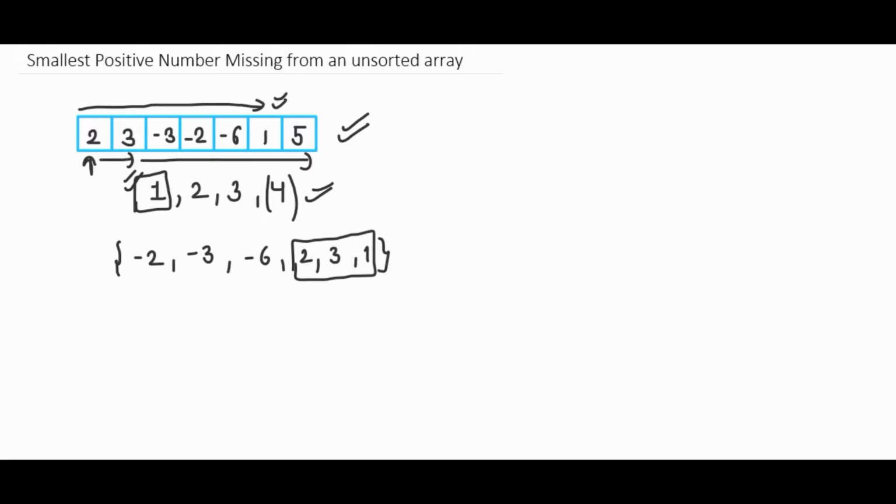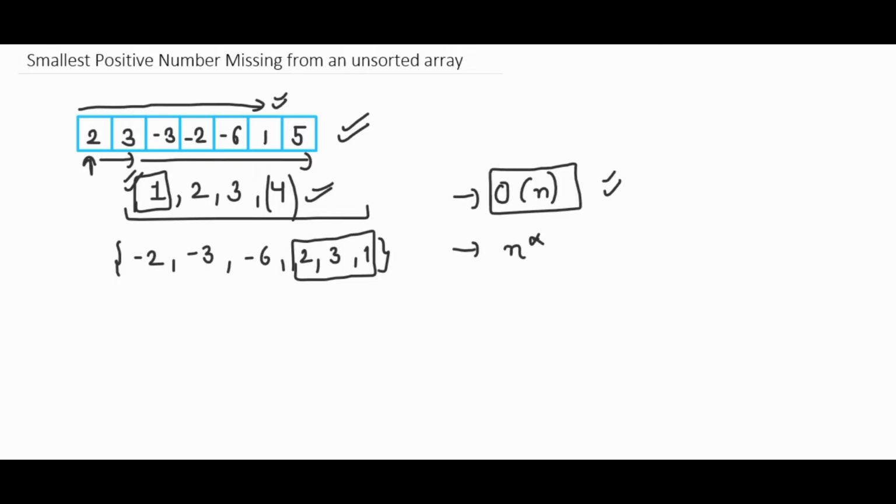So for every element our time complexity to find it will be big O of n, as we also know that searching time complexity in an array is big O of n. So we have to go till we find the particular element in this array. Let's say we have to go till n elements and we have big O of n time complexity for every element.